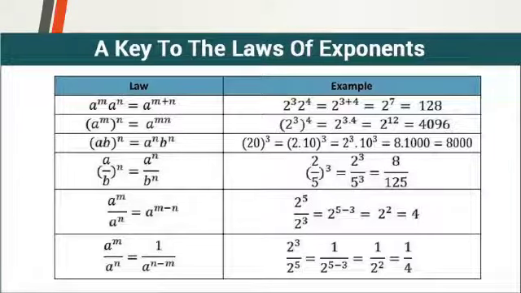Again we are going to discuss the laws of exponents. I am going to repeat it because it is very important to learn. See here, if we have to multiply a^m into a^n, that is equal to a^(m+n). Example, 2^3 into 2^4 equals 2^(3+4) equals 2^7